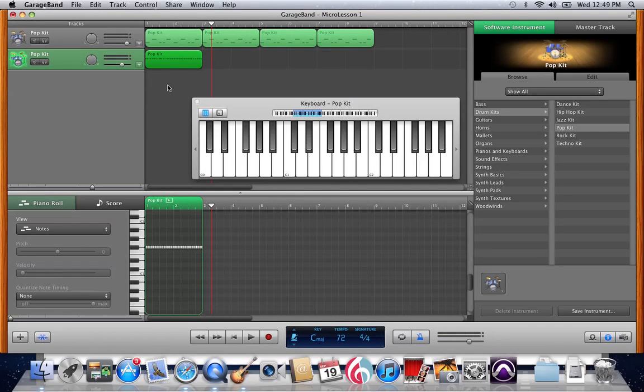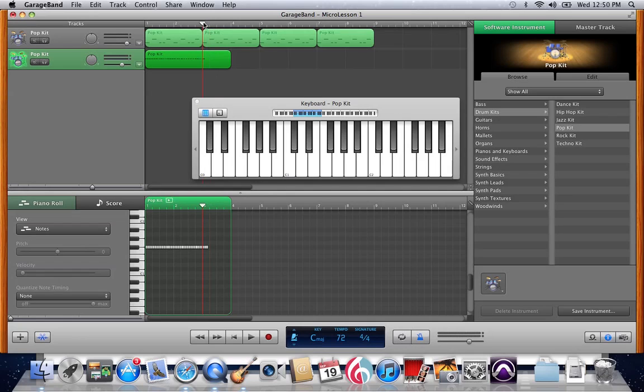Now, for instructional purposes, I'm going to go ahead and delete that. Let's say I was particularly unhappy with that. And I'm actually going to go a little bit into the 3rd bar because I want to talk about splitting regions. So I'm going to start again. Okay, and by design I went into that 3rd measure because, again, I want to show you how to split